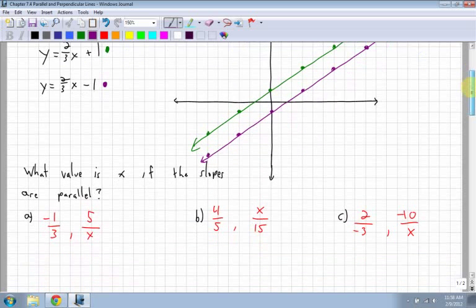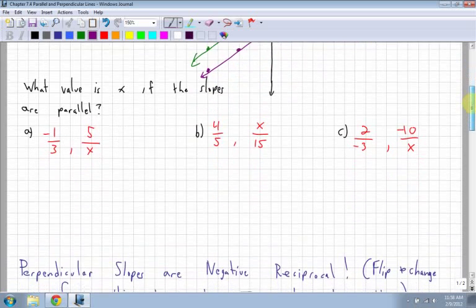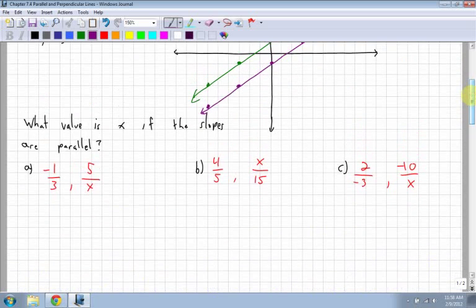What is the value of x if the slopes are parallel? These types of questions are basically just algebra questions. You don't have to graph anything. What are the slopes? Well, you're given the slopes. And what is special about the slopes of parallel lines? Well, they're the same. So I know that if I set up a little equation, -1/3 has to equal 5